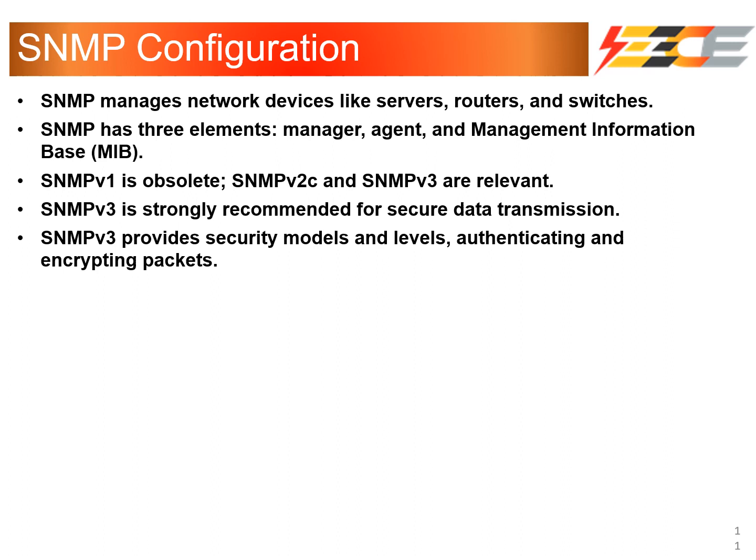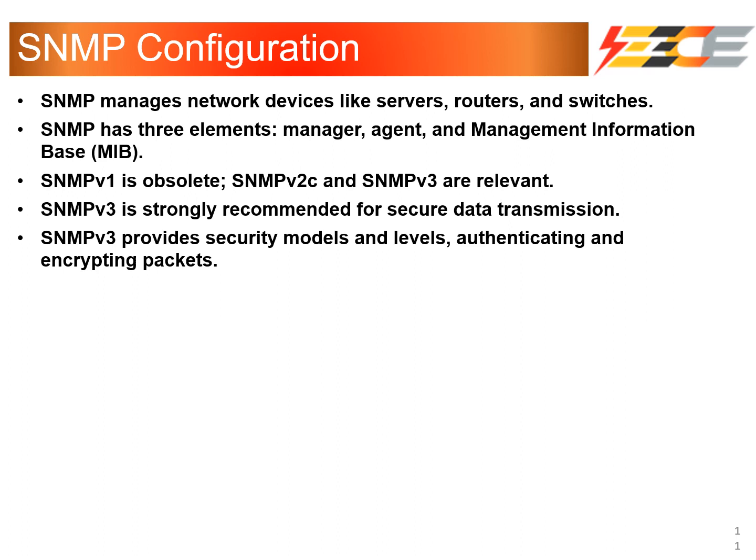SNMP, or Simple Network Management Protocol, manages network devices like servers, routers, and switches. SNMP has 3 elements. First is the manager, who runs SNMP management software. Second, the agent, which resides on network devices and enables network data collection and sharing. And lastly is the Management Information Base, or MIB, which stores standardized variables that contain network data. MIB organizes variables for monitoring and control. MIB variables enable the management software to monitor and control the network device.